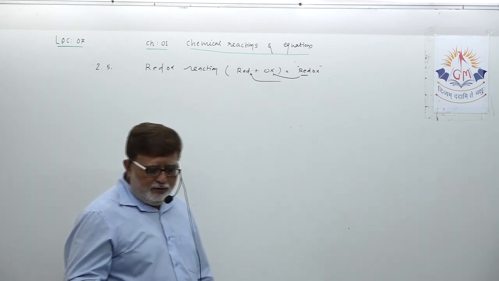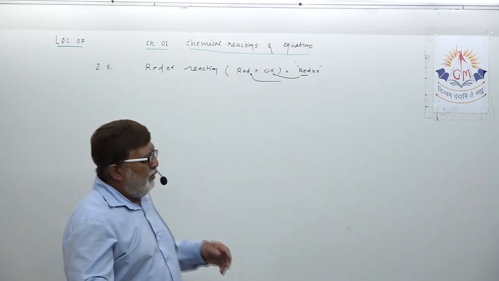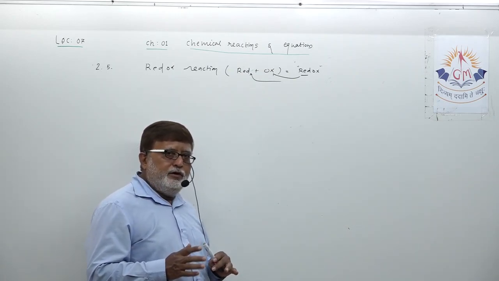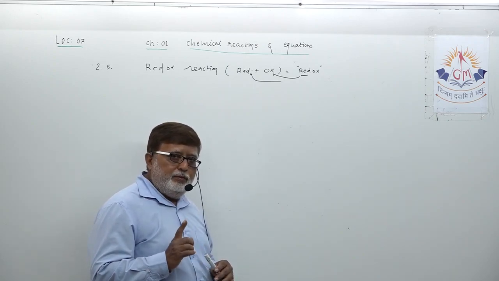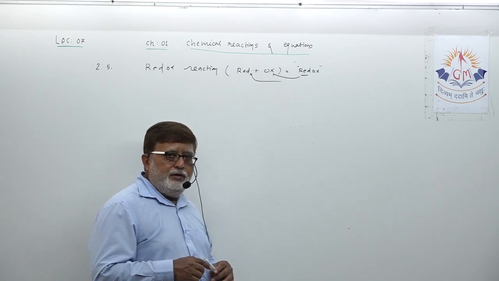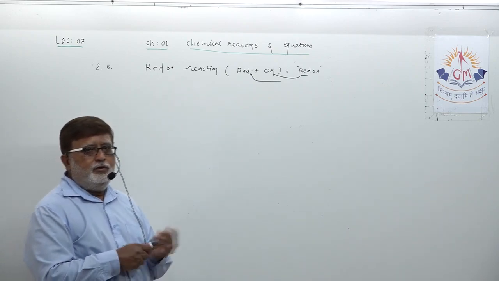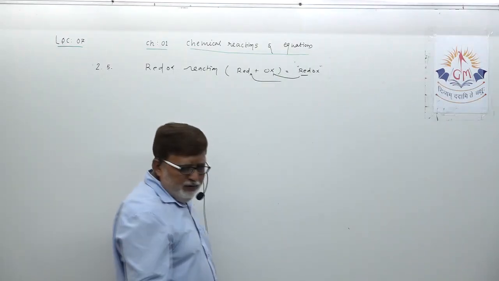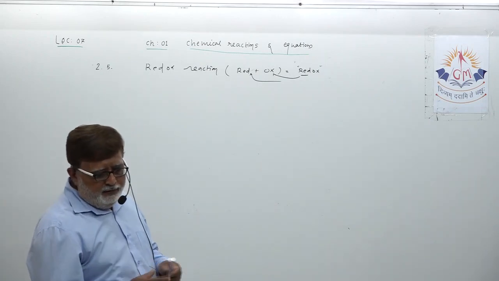Here, dear student, you just have to understand only one thing: when in any chemical reaction oxidation and reduction take place simultaneously, it can be called redox reaction. First, suppose we try to understand one example, dear student. It has been given in activity 2.5, that suppose you take